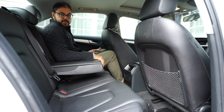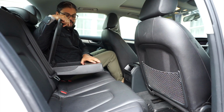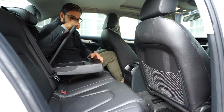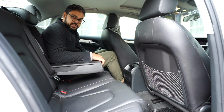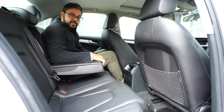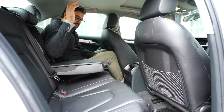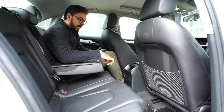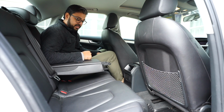I always like to sit with the center armrest in the back. You have storage here, which typically is supposed to have a safety first aid kit, which I don't have, but it's now just become a storage compartment. And you have the older style cup holder, all the way back from the 2000 Mark IV Volkswagen Jettas and Golfs. Now this is the upgraded version of that style, but those who have had cars with these cup holders know that